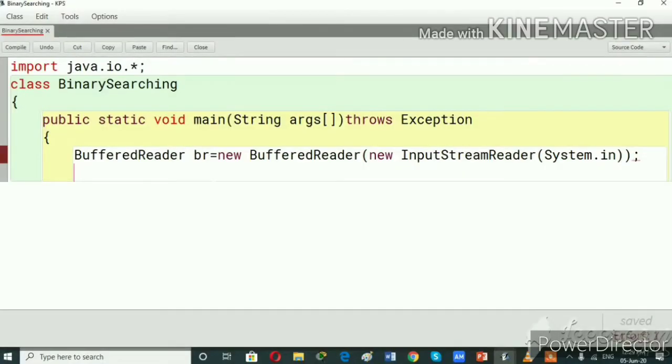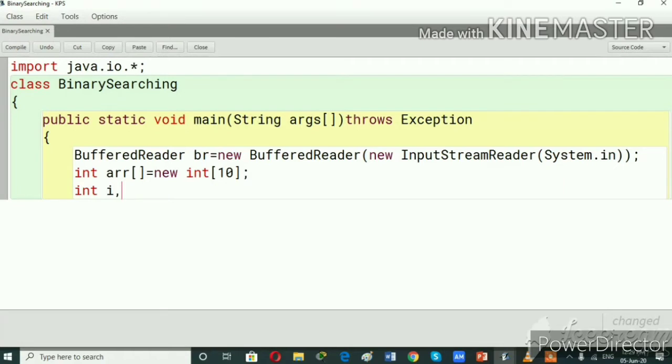Let's do our binary searching program with the data type int, and the array name is arr is equal to new int, the array size will be 10, and the index int i.